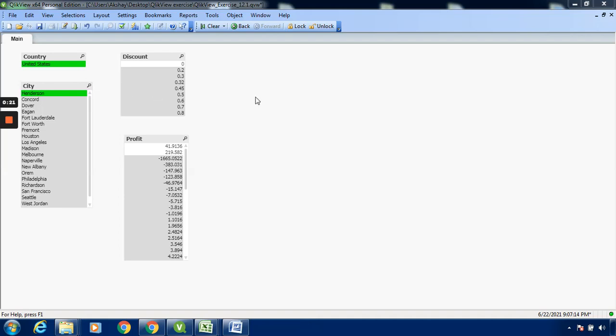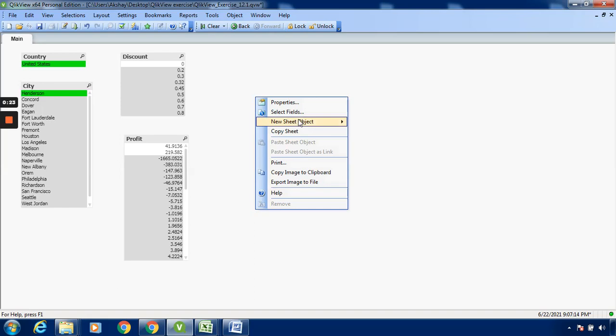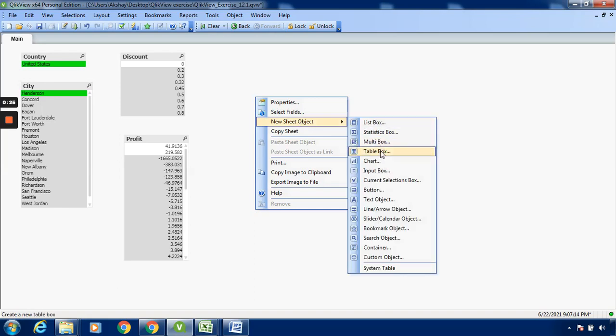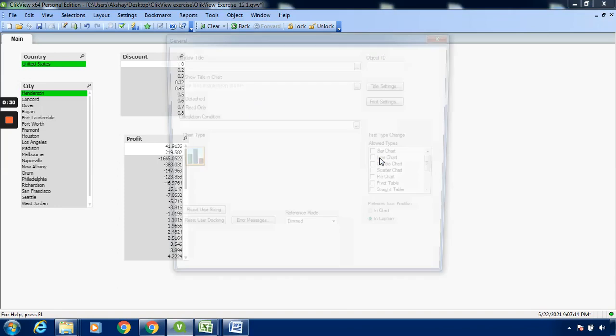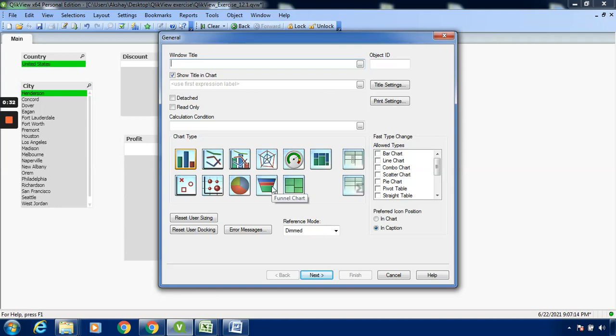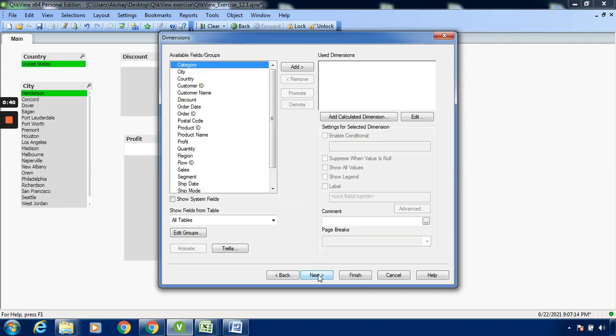So I'll just right click over here, go to this new sheet object, then click on charts, select the chart name as funnel chart, click on next. Then we have to select the dimension over here. For example, I'll select the dimension as city, add,